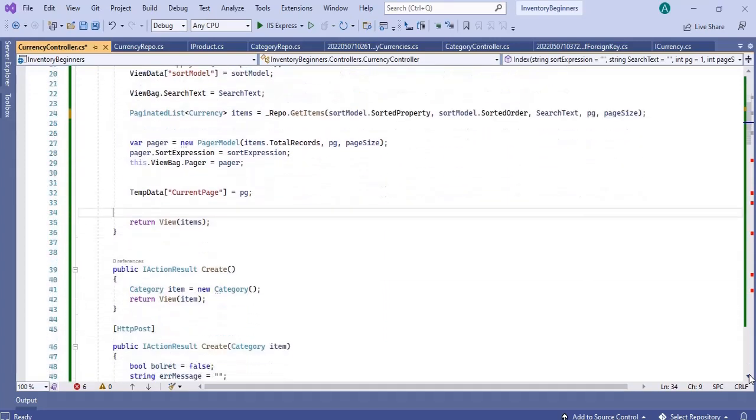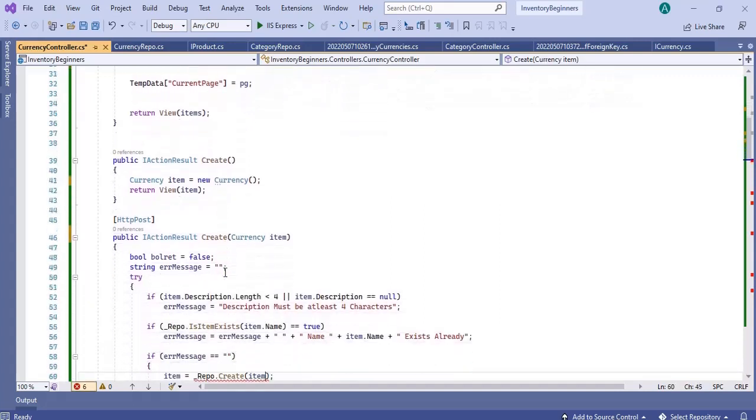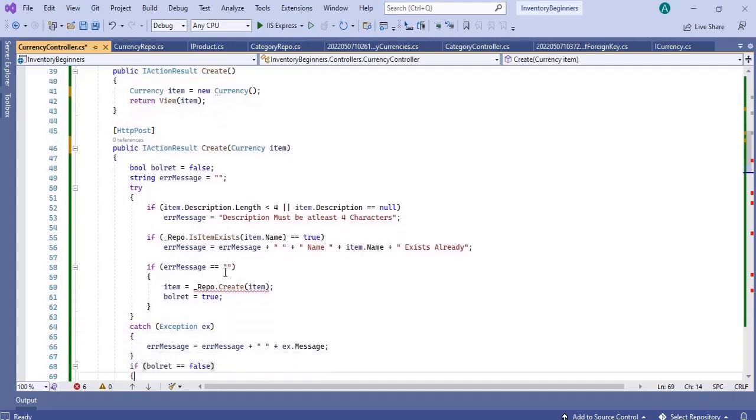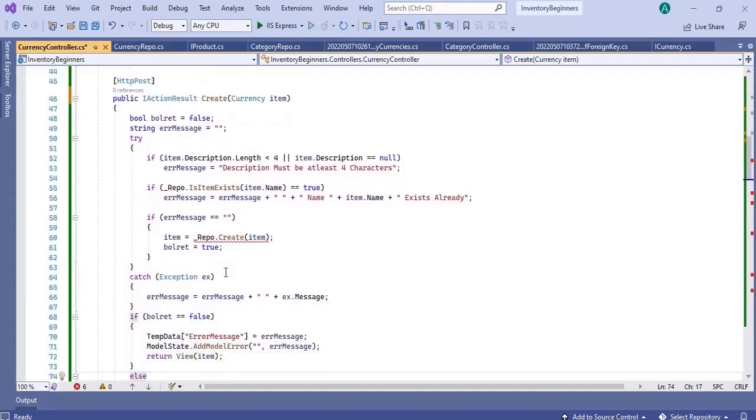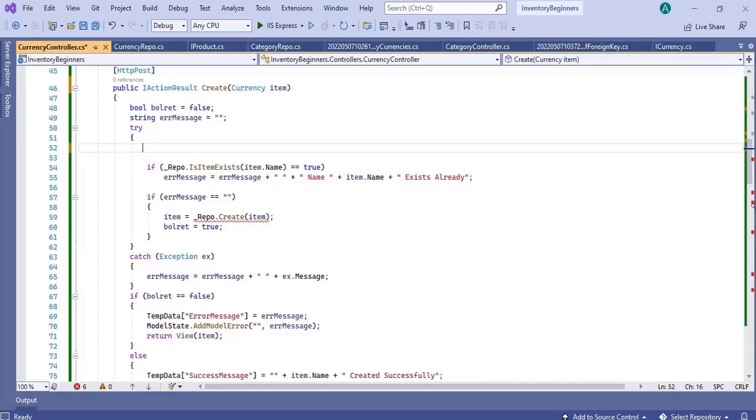Then scroll down to reach the create methods, and in the create methods change all occurrences of the word category to currency. Then in the HTTP post create method, delete the validation checking conditions. We are going to move all the server side validations to the repository, because controller should do only minimum work